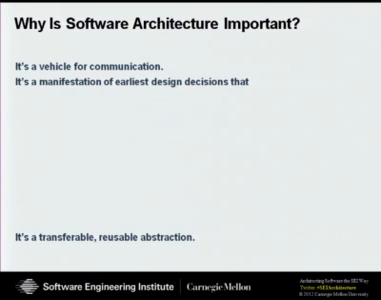Software architecture is important for three primary reasons. One is it is a vehicle for communication among stakeholders. If you think about it, a software architecture provides the vocabulary, the very language that you're going to use to communicate about your system throughout the lifetime of the system. It's going to be the vocabulary that we use to discuss the requirements, the work that has to be done, the schedules that have to be put together. It's the vocabulary